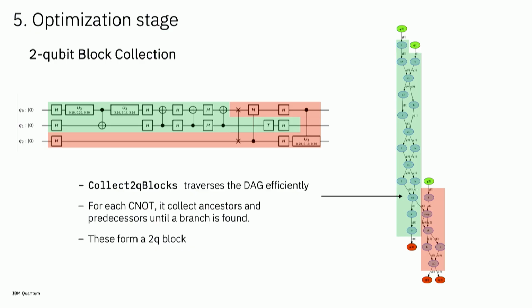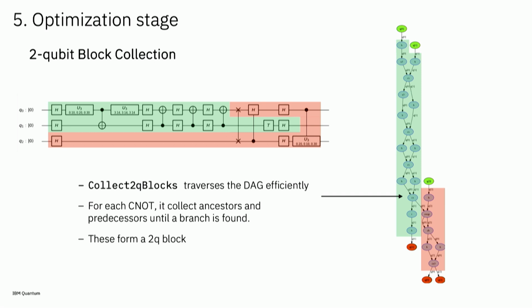But then we can expand that to 2 qubits. So this is where that unitary synthesis I was talking about earlier comes in. So instead of looking for sequences of 1-qubit gates, we can look for blocks on the DAG of 2-qubit gates. So in this example, this is not the example we're looking at. This is an old one that Ali gave me years ago, actually, where you look at the DAG,